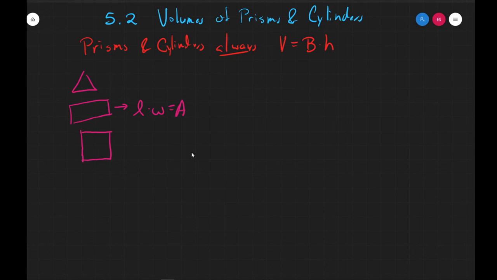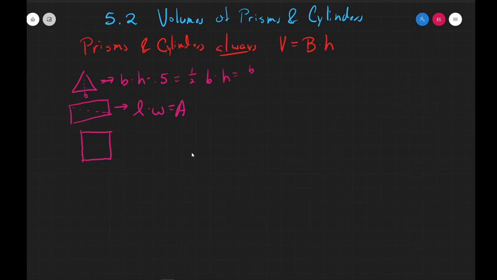Okay? And if we cut a rectangle in half, we get a triangle. A triangle where we're going to take a lowercase b, so that's going to be an edge of our triangle, the base of our triangle, times the height of our triangle. But then, because we cut the rectangle in half, we're going to take this and multiply it by 0.5. Or another way you may have seen it before is 1/2 times base times height,